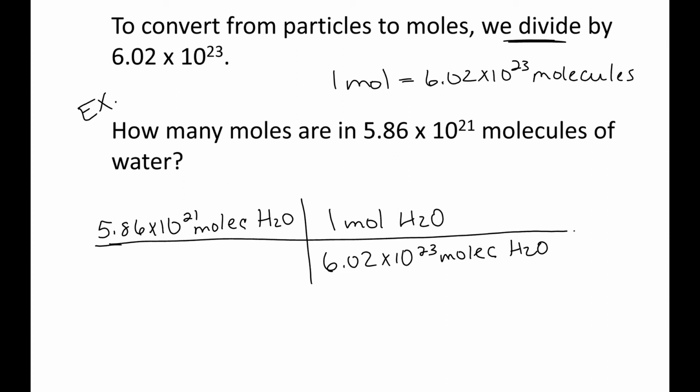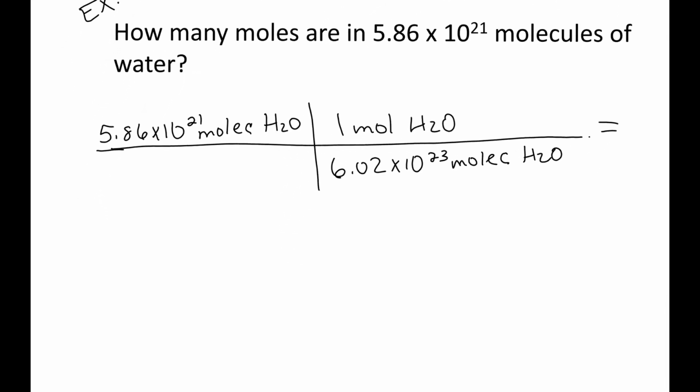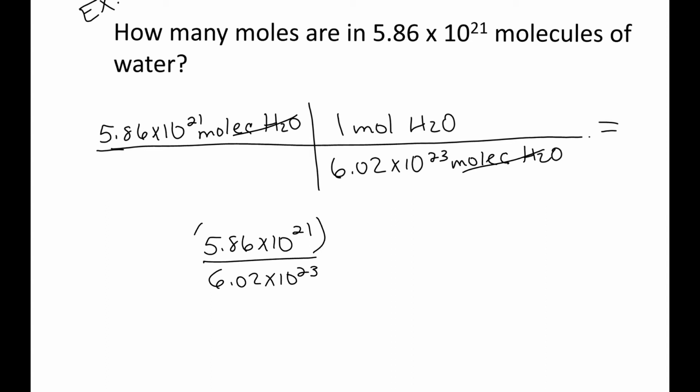Okay? Now, when we put it into the graphing calculator, we've got to put it in a little differently. This is a division problem. You have this one number on top and one number on bottom. So what you really have is this. Now, if you put both of these in parentheses, so it's parentheses, the 5.86 times 10 to the 21st, hit the divide sign on your calculator, and then put the parentheses again, and put 6.02 times 10 to the 23rd in those parentheses, you will get the right number in scientific notation, I think, on